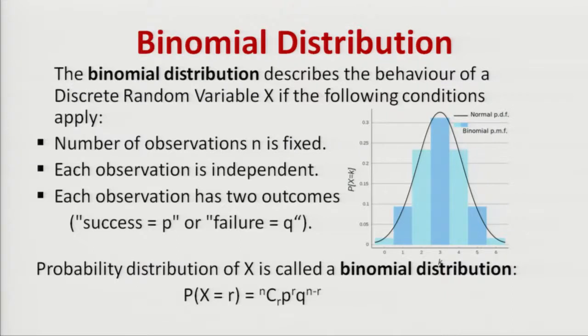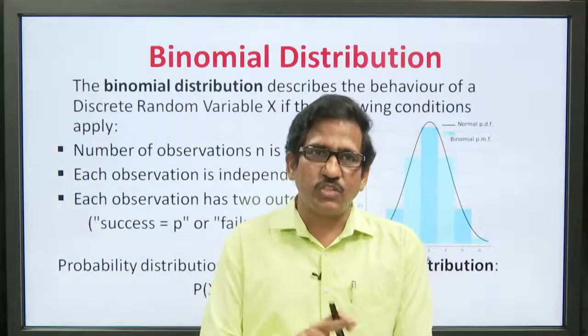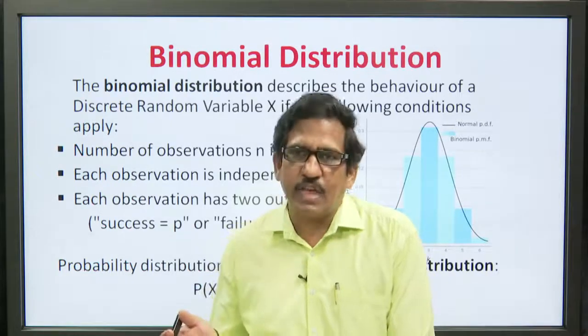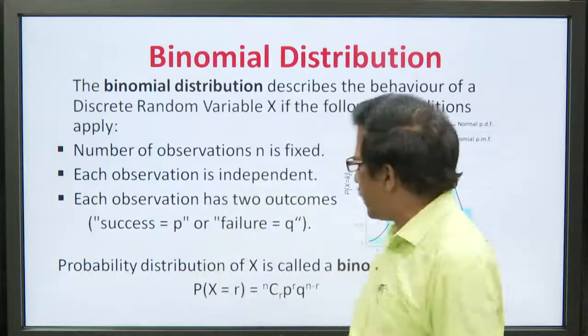A binomial distribution describes the behavior of a discrete random variable x if the following conditions are met. What are the conditions? N is fixed, that is, the maximum number of observations is fixed. Second, each observation is independent. Independent means if we toss a coin, and the first time head occurs, then the second time it may be head or may be tail. So, observations are independent and observations have two outcomes. One is success, another is failure. If these three conditions hold, then the binomial distribution is applicable, and the formula of the binomial distribution is very simple, that is equal to